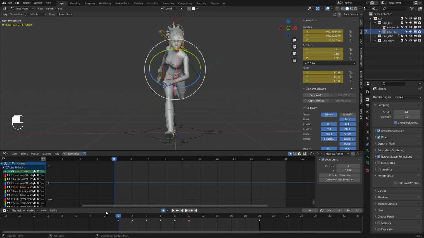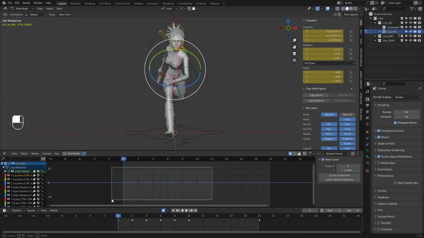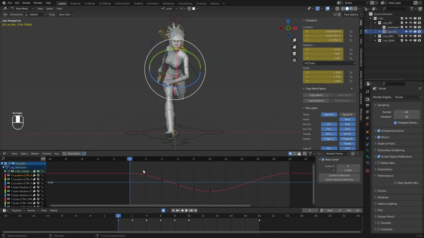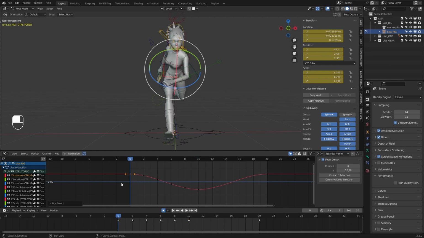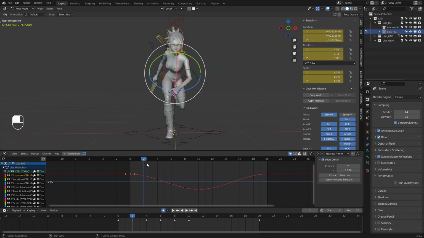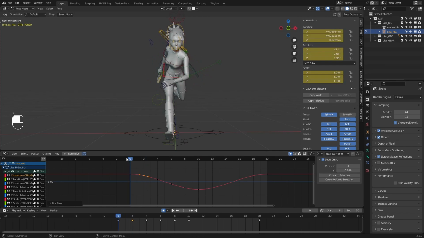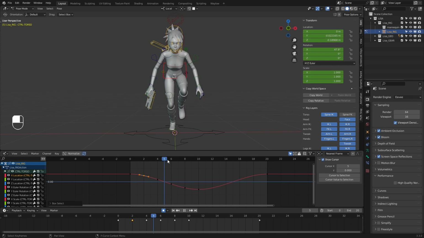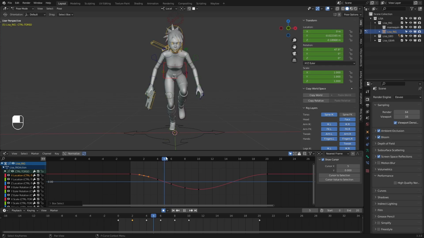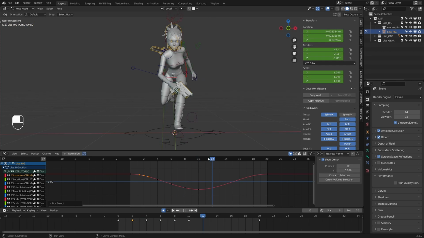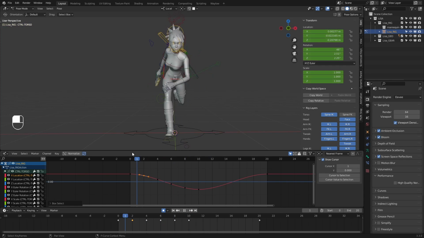Real quickly though, I'm going to take a look at my translate X on this and take a look at what this is doing. All right. I think something like that